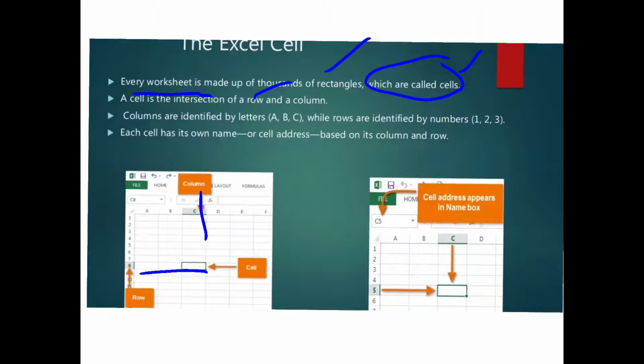Here in another figure, it is C and 5, this is the column and this is the row. So that is C5. The cell address appears in the name box. Here it is the name box, we can see it is C5. So that is called the cell address or cell name, using columns and rows. Columns have A, B, C, rows have 1, 2, 3.